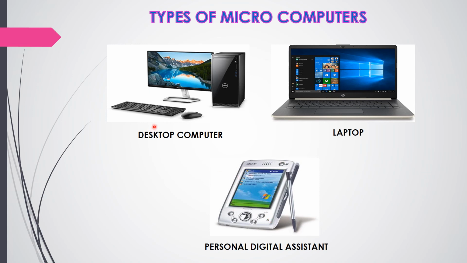Now, what is a desktop computer? The personal or desktop computer is the most common computer, with monitor, keyboard, mouse, and CPU typically kept on a desk. They are used for browsing, gaming, learning, and small business use. Laptops are portable computers which integrate all components of a computer into the size of a notebook. Hence, they are also sometimes called notebook computers.